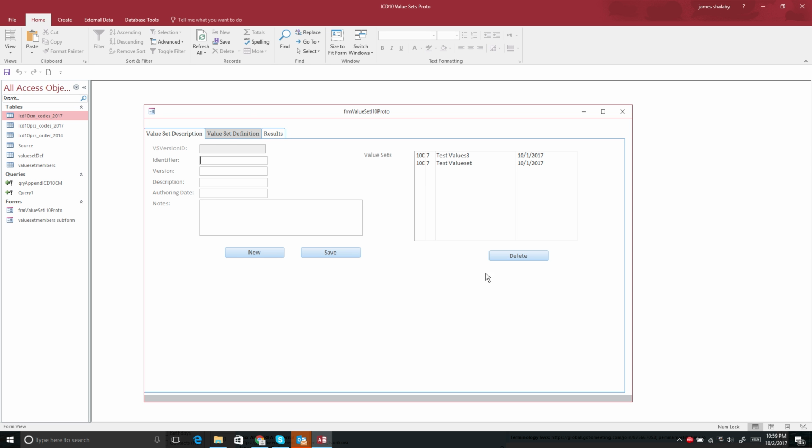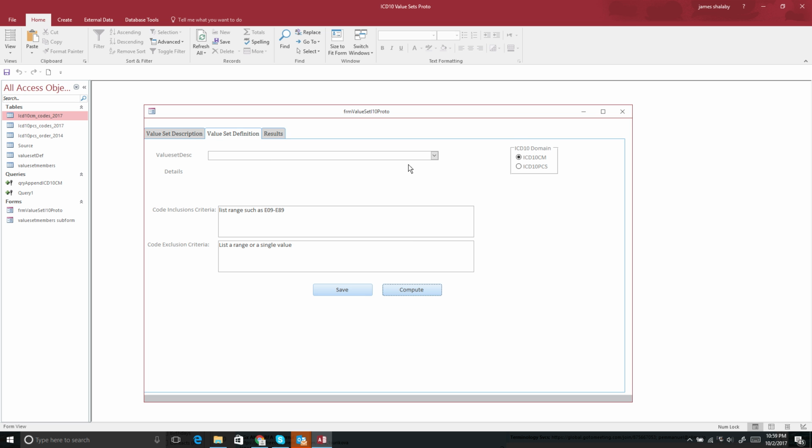Okay, so the value set prototype tool starts with first defining the name of the value set in this field. You'll see that I did a couple of test ones that are just junk located here. Then once you've defined it, you can actually go to the value set definition where you put in your criteria,